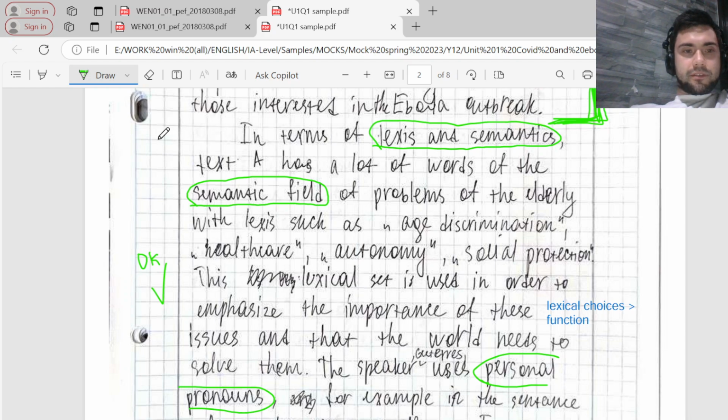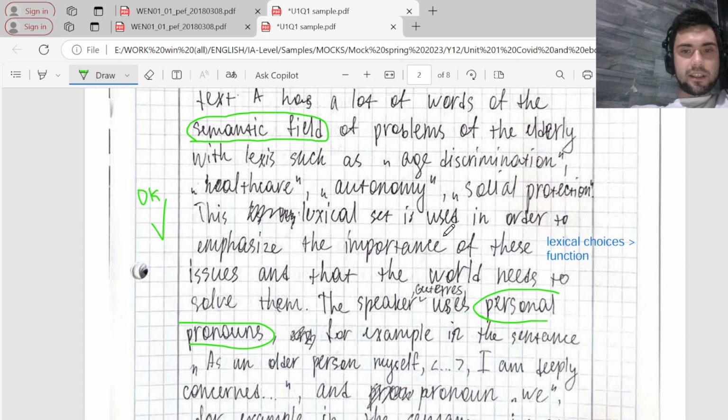The next paragraph, by the way, speaking about the work as a whole, I really like the paragraph structures. So the structure and the paragraphing is very decent in this work. The student proceeds in terms of lexis and semantics. So we're now introducing the lexical and semantical level, which is why these words are used and what is their effect. We introduce the term of semantic field, of problems of the elderly, and then there are